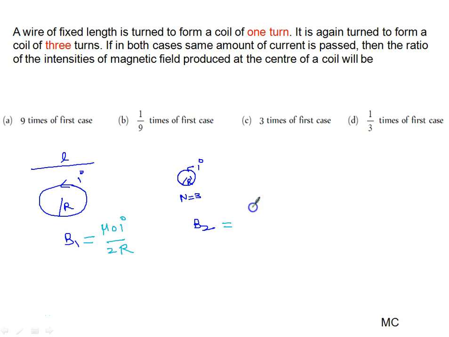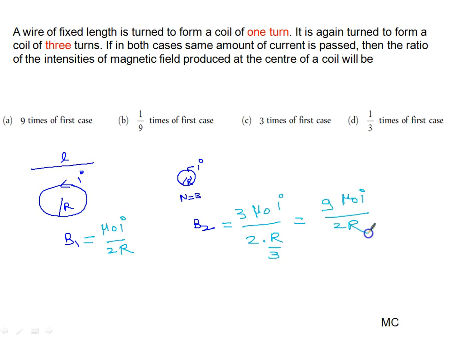Here I write the formula: mu naught, same current I, but there are 3 number of turns, so mu naught N I, n equal to 3, upon 2R. Now I think it is simple mathematics. If this same wire is designed into 3 loops, the radius will decrease, it will become r by 3. So what I will get, 9 mu naught I